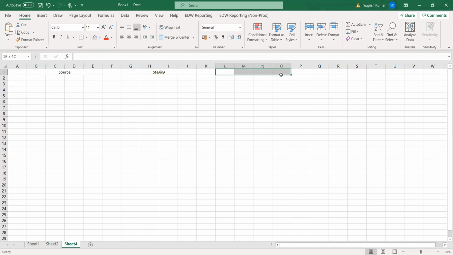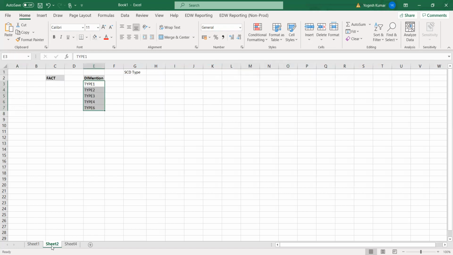And where will the SCD types be? They will not be in the staging area; these would be in the data warehouse. I told you, SCD types and fact tables are always in the data warehouse.